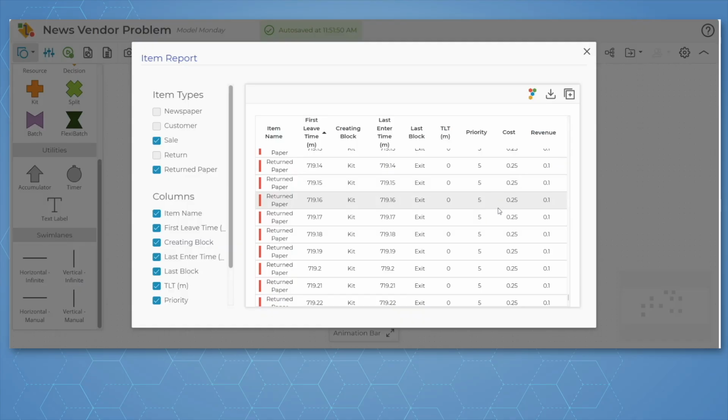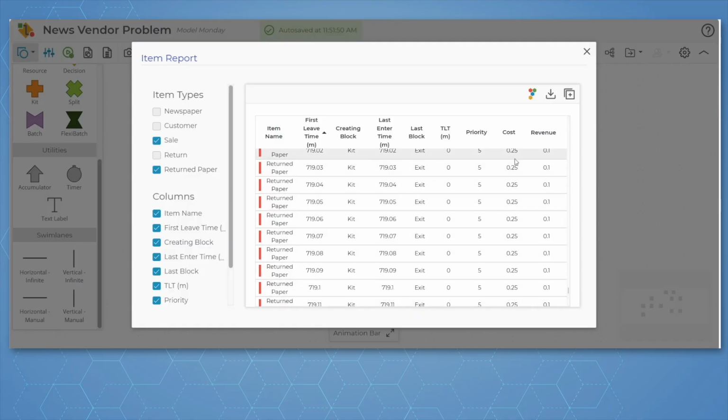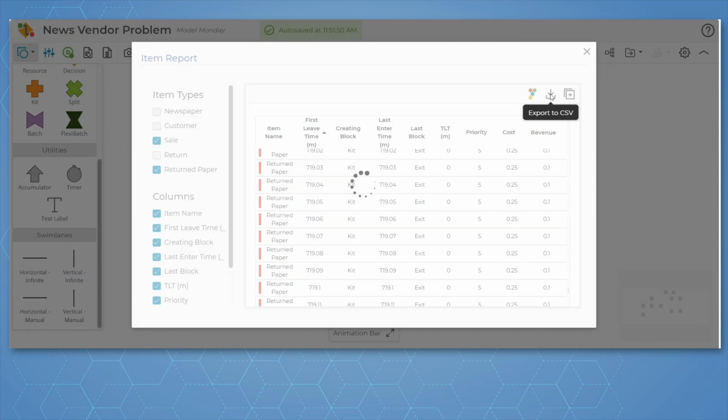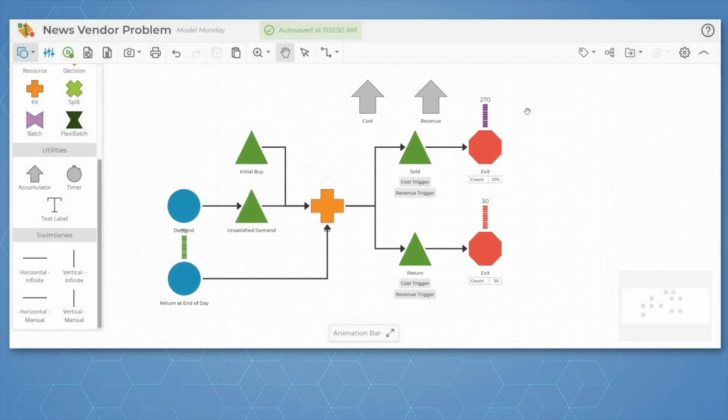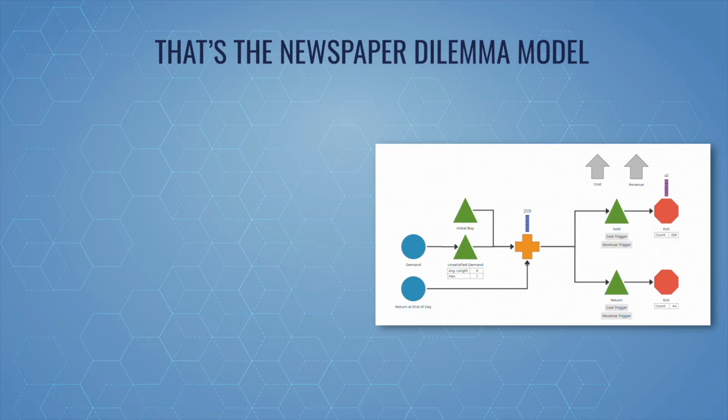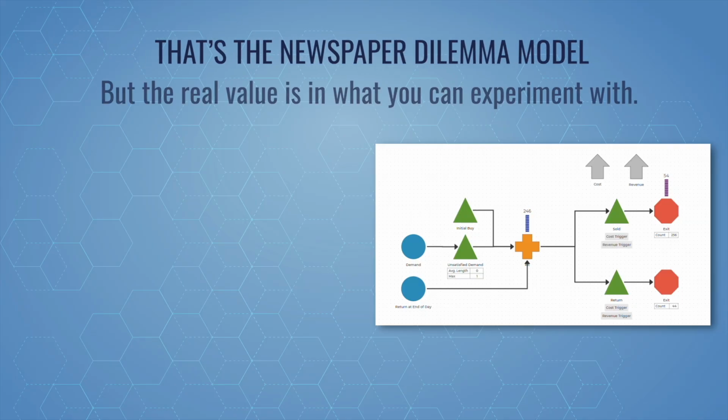From here, you have a couple of options. You can export the item report to a CSV and analyze it in Excel, or you can export it directly to Engine Room for further analysis. Either way, this model gives you a simple way to compare how changes in stocking decisions affect both operational and financial results. So in a nutshell, that's the newspaper dilemma model, but the real value is in what you can